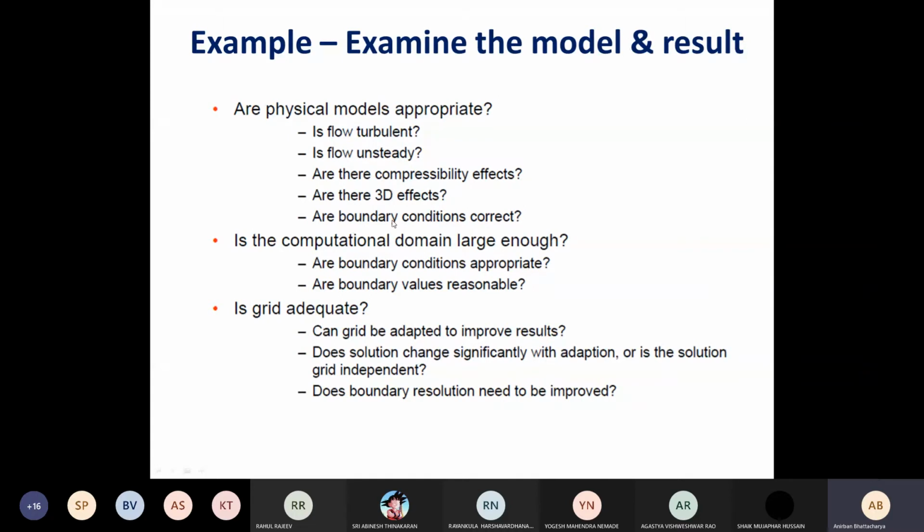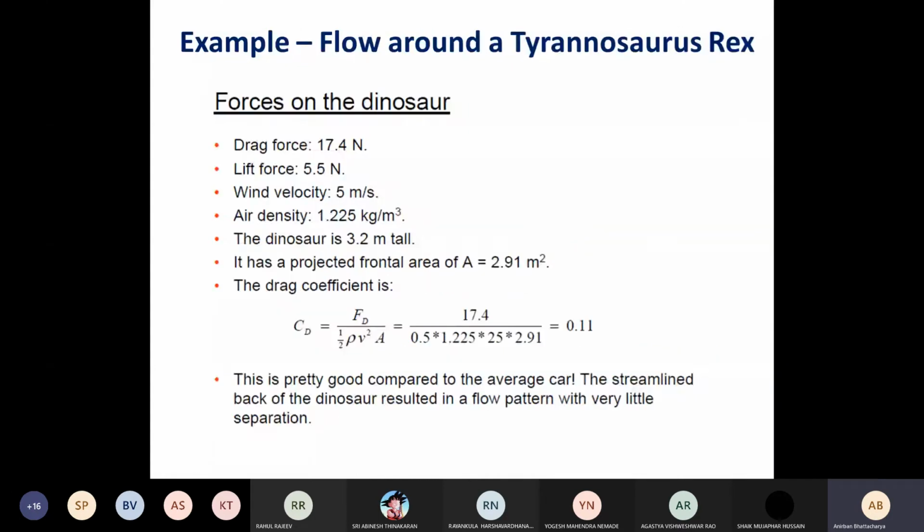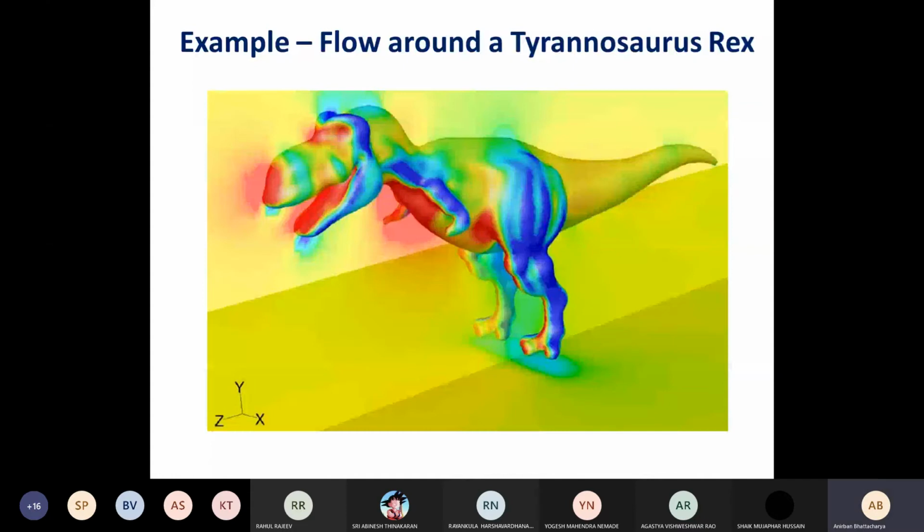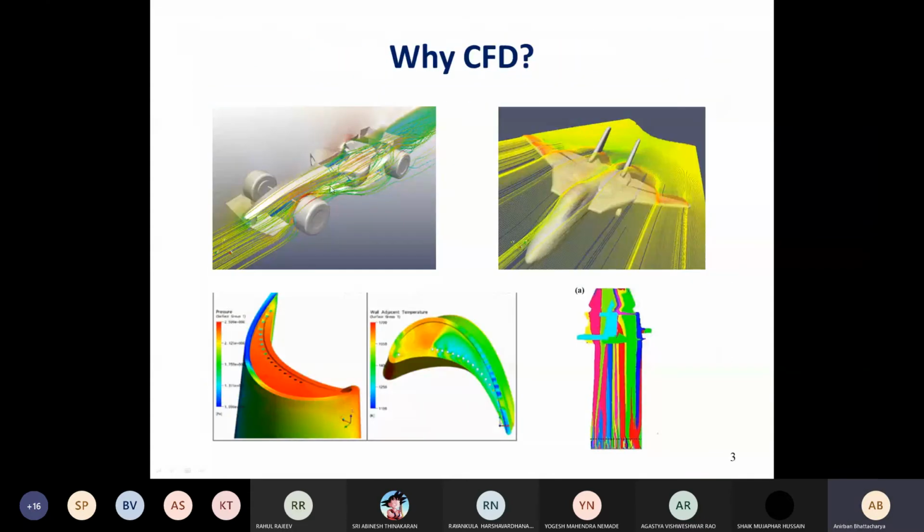For example, flow over a cylinder. I don't have a picture here, but flow over a cylinder can be taken in 2D because in the third direction, the flow variation is not much. So there are no issues in that case. But say this problem, there is a lot of effect in the Z direction. So if I take the 2D cross section here, it is different. If I take the 2D cross section along the tires, it is different. So we cannot consider this problem in 2D appropriately. It won't be correct. Similarly for this case also, it won't be correct.